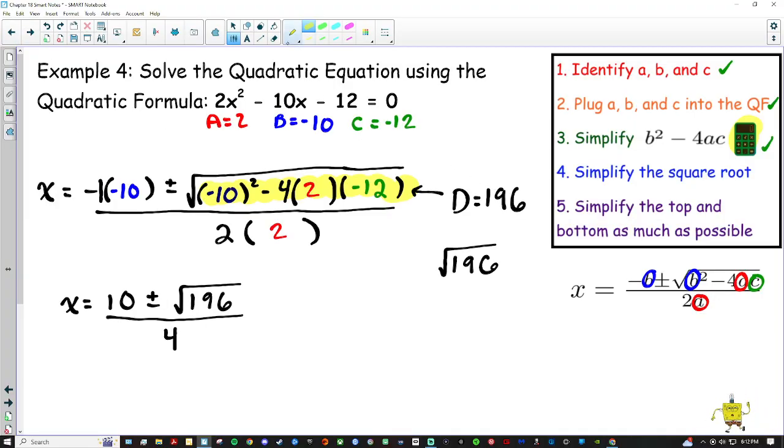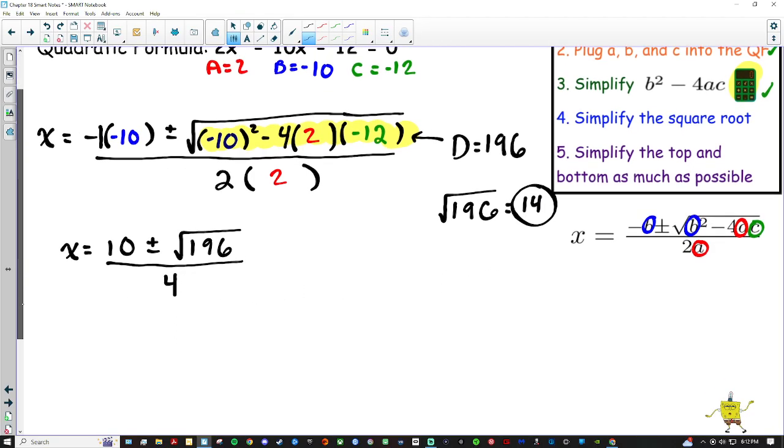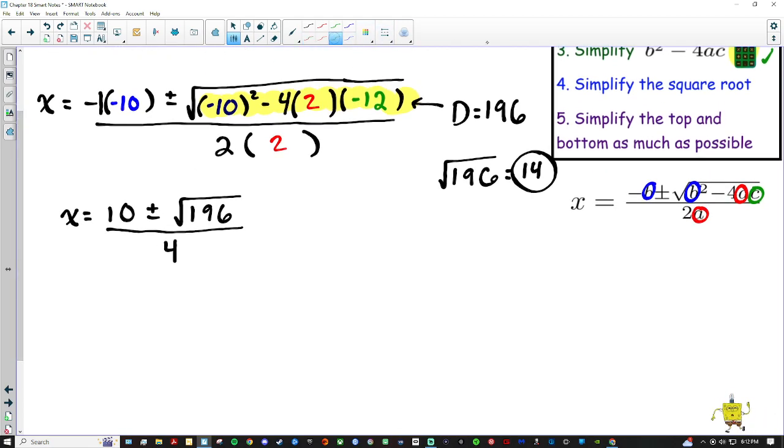So this whole square root is just going to simplify to 14. Okay, so we need to do some more cleanup, and our simplifying the square root is done. So I'm left with x equals 10 plus or minus 14